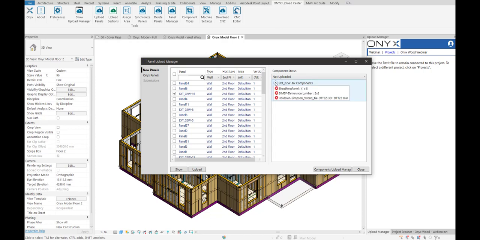So if I extend this drop down menu, you'll see that we have a sheathing panel and some members within the panel that are still yet to be uploaded. The red cross tells us that Onyx cannot see these members at the moment and that we need to upload them. So I can simply go to the Components Upload Manager,